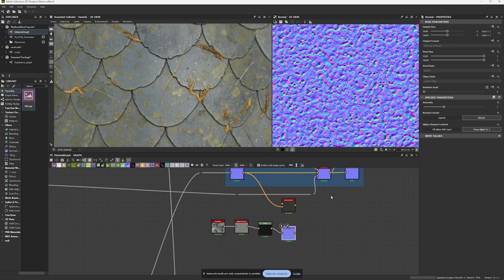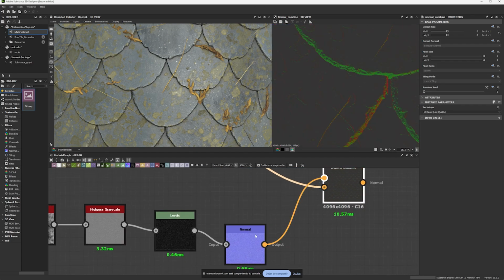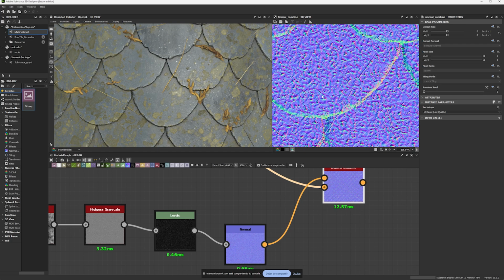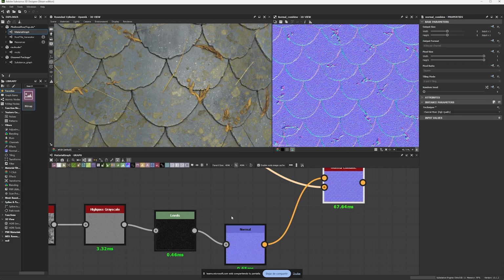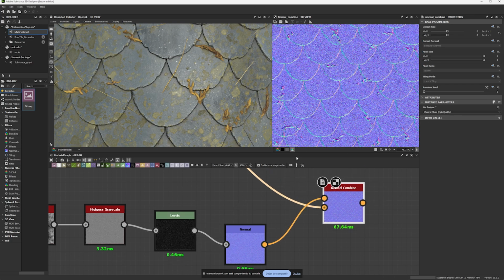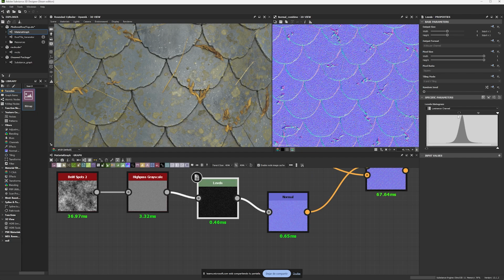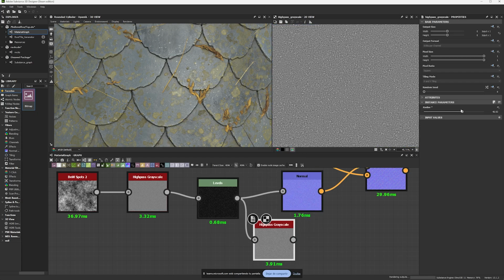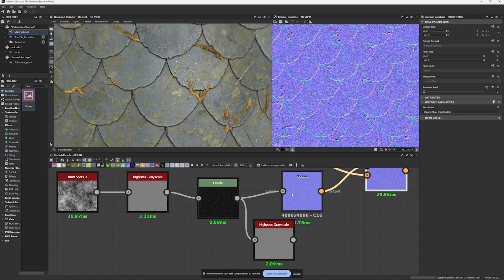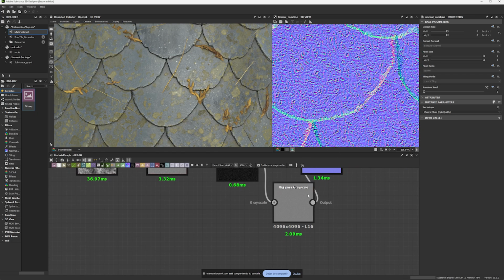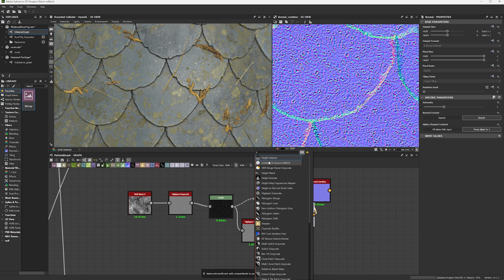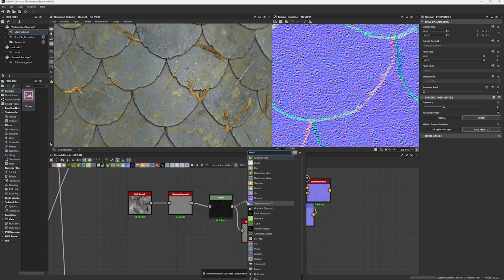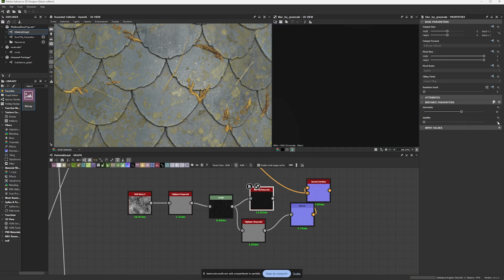So now I have two normals, and I can combine them here by using the normal combine. So now you can see that I put one normal on top of the other one. Of course, the intensity of these can't be fixed by the normal combine. It has to be fixed by something else. Like for example, in this case, what you can do is another high pass grayscale. If you lower this quite a lot, something like this, you're going to get a really low amount, see? Or you can do a small blur as well to lower a little bit the intensity of the information. That's also going to help you a lot.